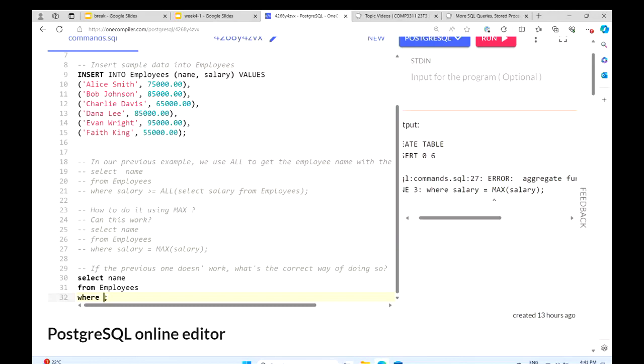Actually, we can use a subquery. It doesn't allow us to use aggregate functions directly inside the WHERE clause.